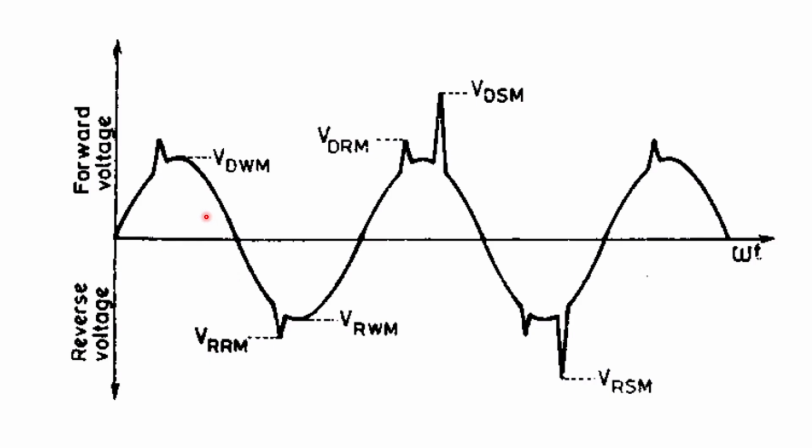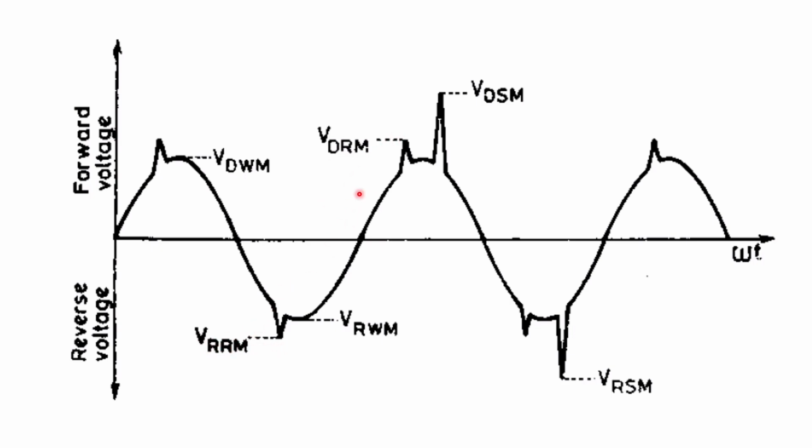So let's imagine the thyristor is connected to a particular type of three phase source or single phase source, and it has a line to line voltage of, let's say, 100 volts. So the peak voltage will be 142 volts. Okay, root 2 into 100. So VDWM or VRWM will be 142 volts for the particular thyristor,